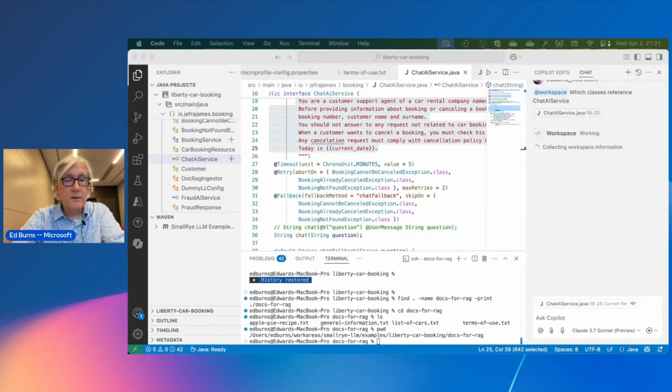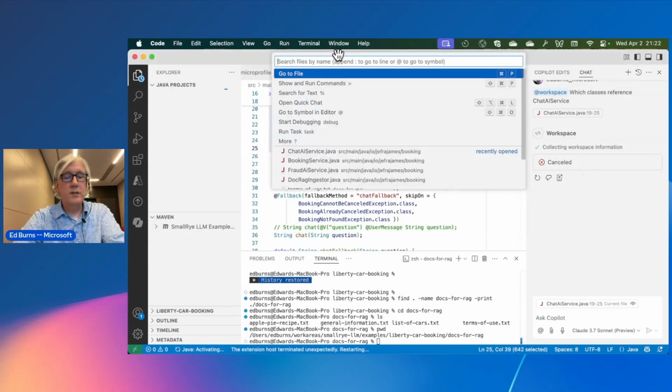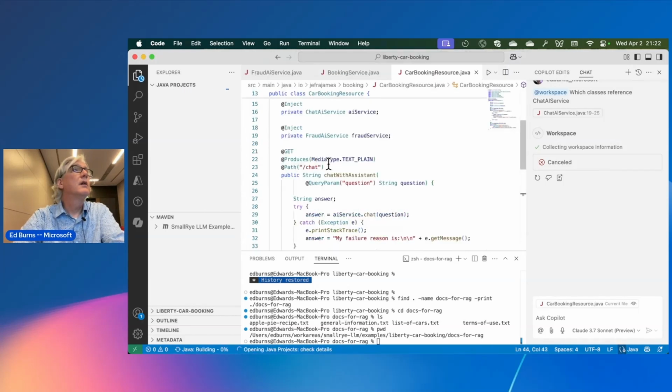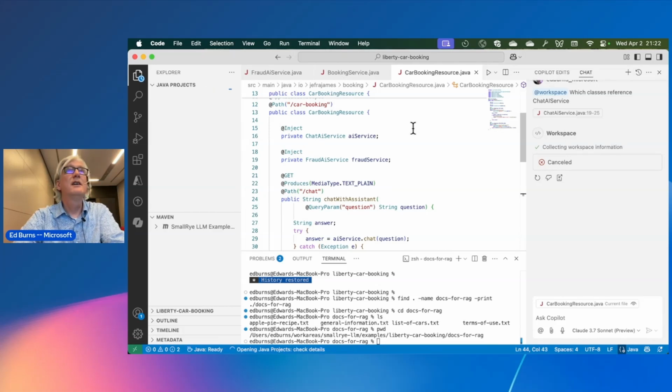So let's see what else to show. Booking service, static initialization. Let's look at CarBookingResource2. It timed out. So let's look at CarBookingResource. Okay, yes, this is the REST endpoint. There it is. I've answered my own question.